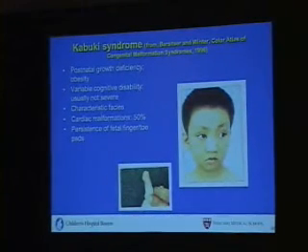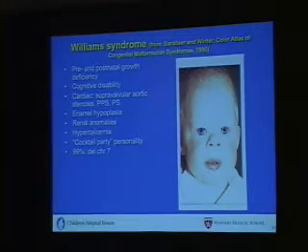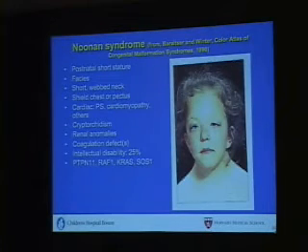I had a line here that I took out yesterday of unknown etiology. I hear there's a rumor out there that the gene may have been identified. That kind of came up at the college meetings in the hall, but I haven't seen anything, and maybe I just missed it. So there may be a confirmatory test at some point. Williams is sort of your classic example of pre- and postnatal growth deficiency, and either FISH or MLPA testing, depending on what your lab does, for the Williams syndrome deletion is your test of choice.